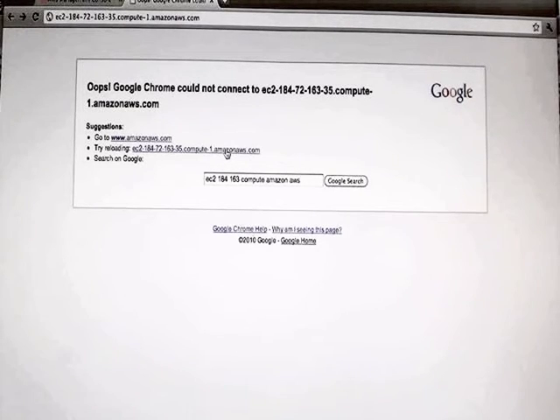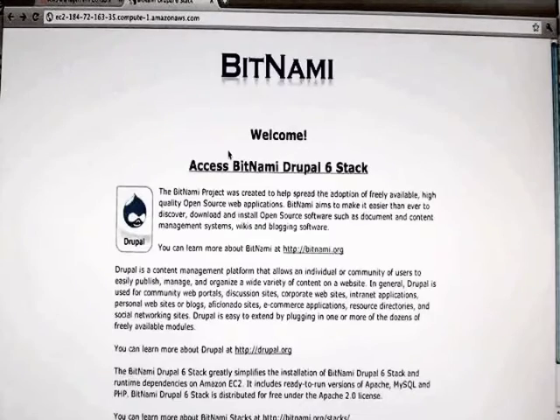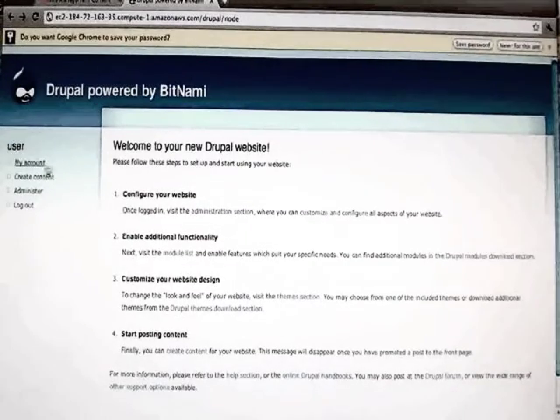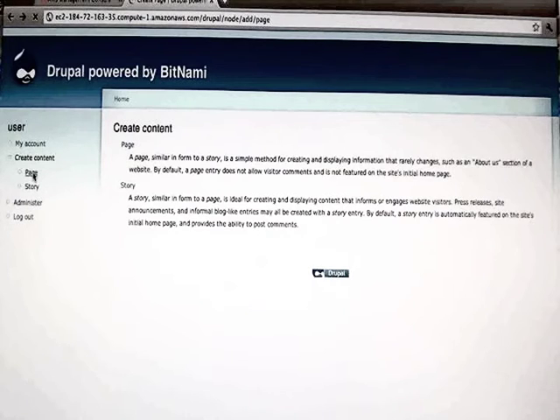So it's very easy to install, and in particular very easy to install on Amazon EC2. So besides Drupal, it also includes the OS and the, well, actually Amazon provides the OS, Bitnami provides the application stack, so that would be Drupal. It would also be MySQL database, and also the Apache web server. Okay, so there it is, and now we can access it. And we log in with our username and password, which Bitnami provides. We will, of course, change this, but just to make sure that you understand this is a live instance, I'm